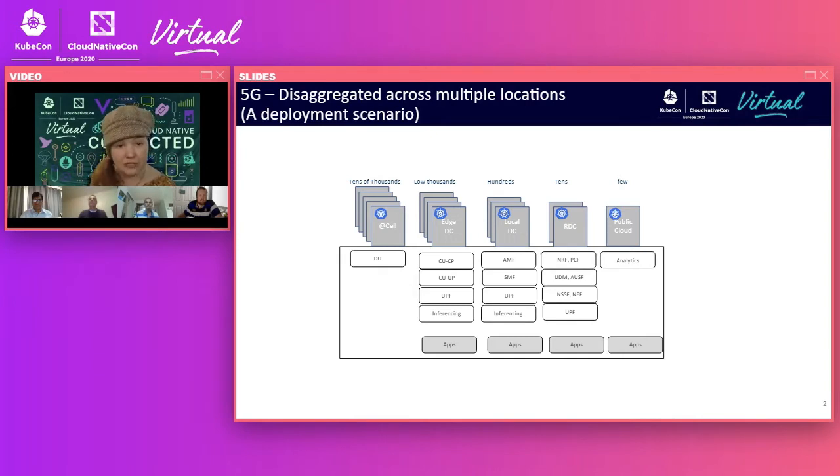But the physics of actually delivering that, and this is the thing that you can't get around with software, the basic radio physics of developing that high bandwidth, low latency service, is that we need lots of nodes connected very close to the connected end devices. So practically, there are going to be lots of very small nodes very close to the end subscriber. And then as you go further back towards the core network, where different mobile functions happen, you've got your low thousands of edge data centers, your hundreds of local DCs, tens of regional, and then a few public cloud instances.